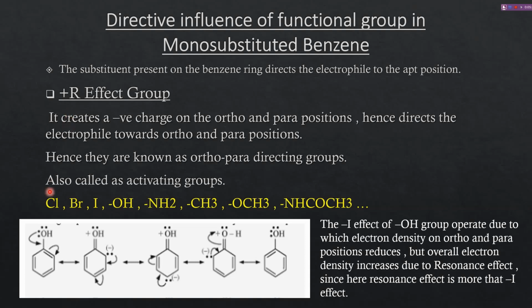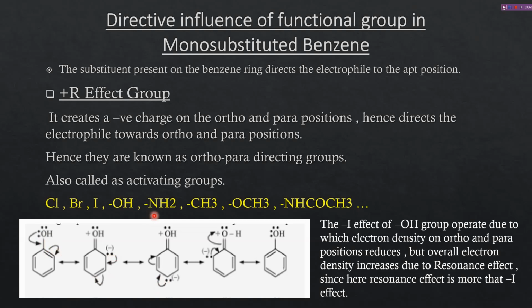That is, if a substituted group is attached on the benzene ring, the electron on the substituted group is taken away from the group. That is, it comes towards the benzene ring. So that is plus R effect group. So when here with the example phenol is shown, when this lone pair of electrons comes here, this bond shifts here. So here ortho and para positions will be having negative charge. See, ortho and para. So this ortho and para positions will be having more electron density.